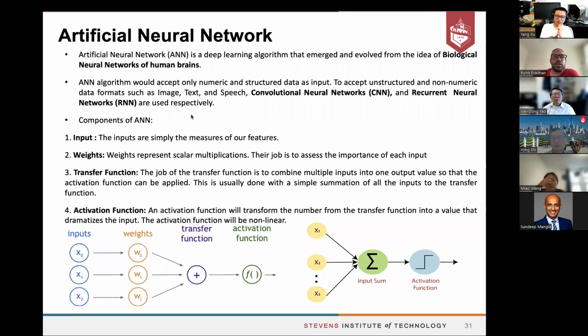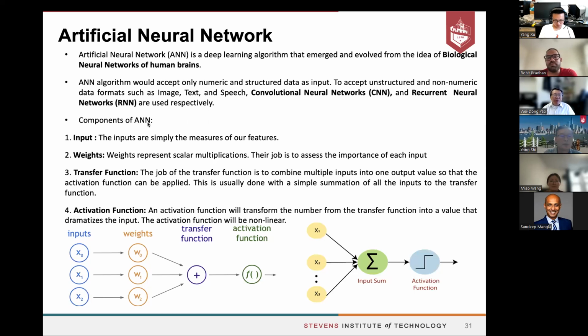After all the data mining algorithms, we come to artificial neural networks, which mimic the human brain almost. We can't say it completely mimics, but it tries to. We can use artificial neural networks for regression as well as classification. There are types where, if our data is images, text or speech, we can go into convolutional neural networks or recurrent neural networks.